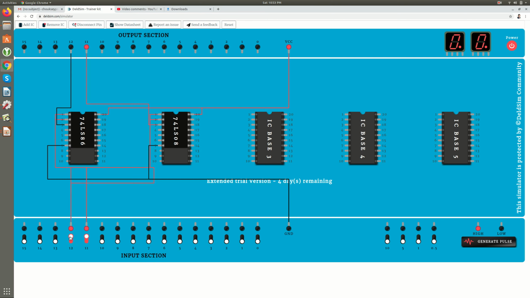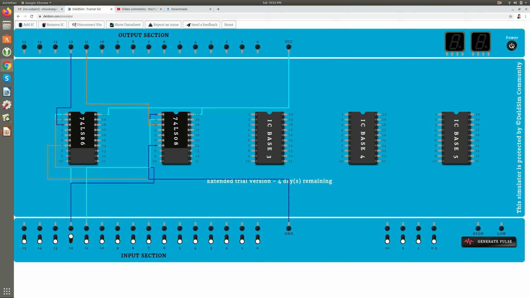Now if both the inputs are 1, then your sum will be 0 and carry will be 1, right? Here you can see another case, if A equals 1 and B equals 0, then sum equals 1 and carry equals 0. So this is proof that the circuit is working properly, since our truth table is verified for the given inputs, right? So that's all.